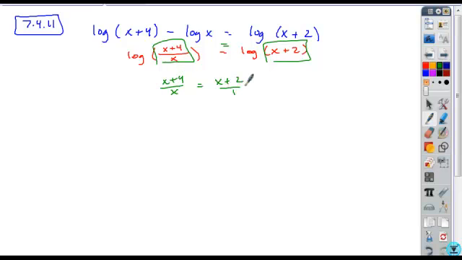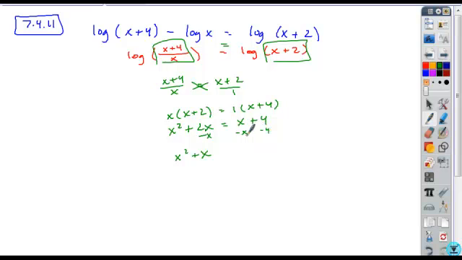You can solve it by cross-multiplying here. You get x times (x + 2) is equal to 1 times (x + 4). If you expand what you have, x squared plus 2x, distribute your x through. Here, multiplying by 1 is just an identity, it's itself. You have a quadratic equation with multiple variable terms, so we're going to move every term to one side and compare it to 0. So if we subtract an x from both sides, and then subtract a 4 from both sides,